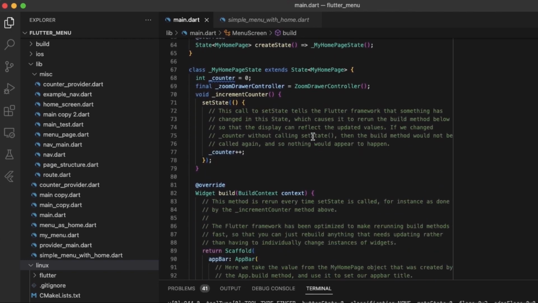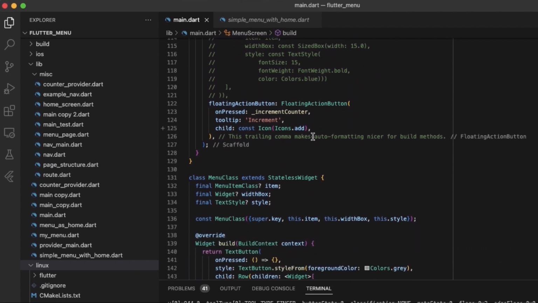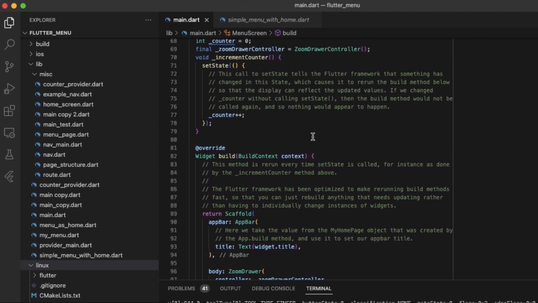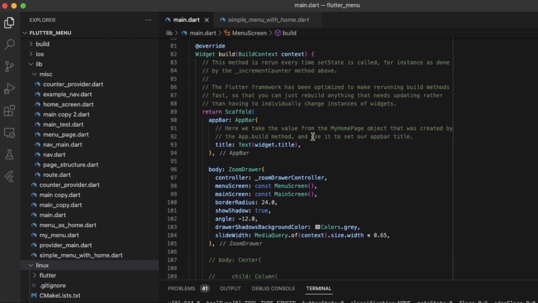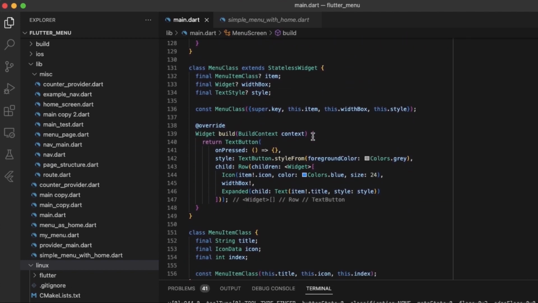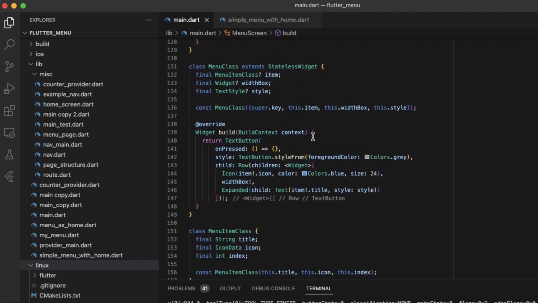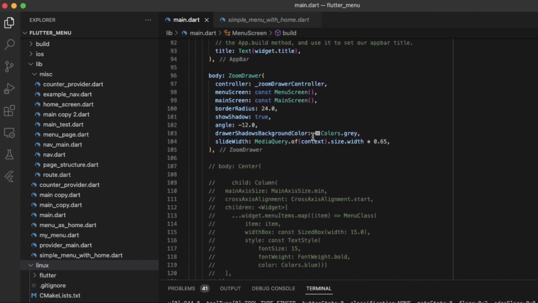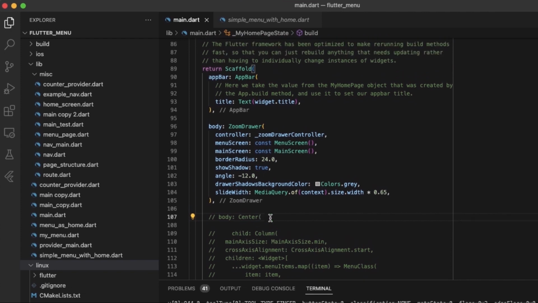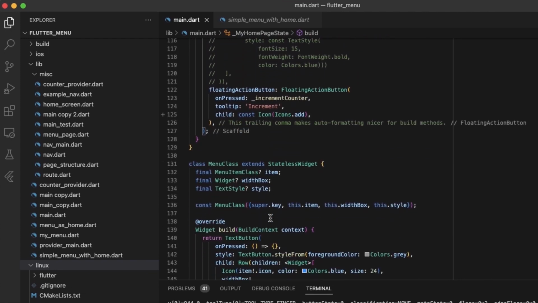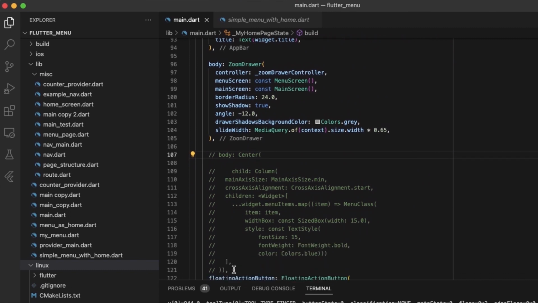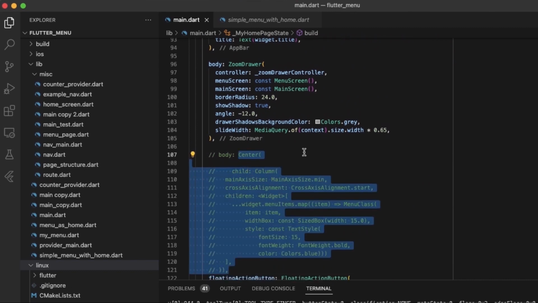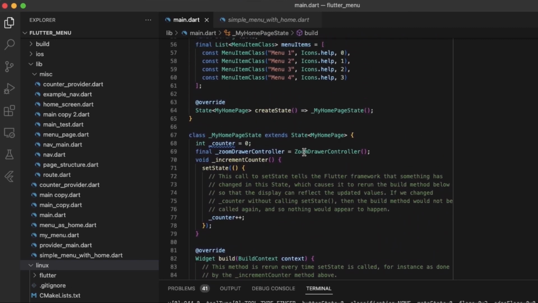So for that, all we have to do is move this code into our menu screen. So let's copy this code,